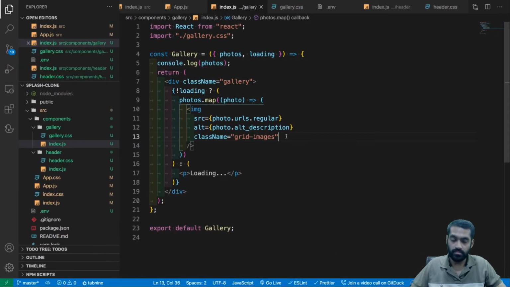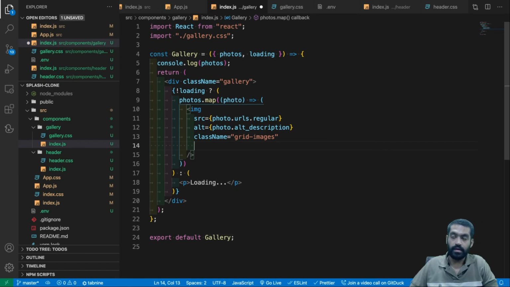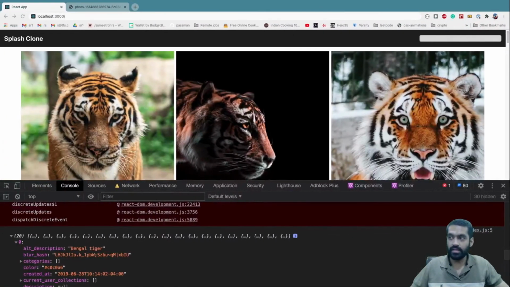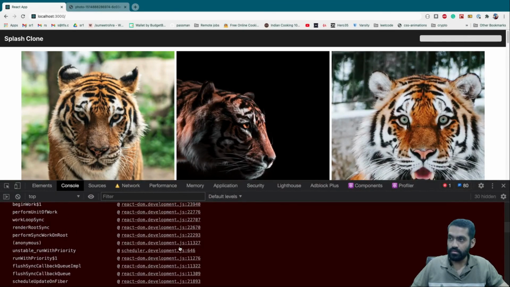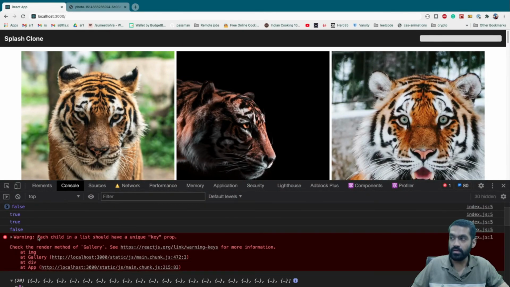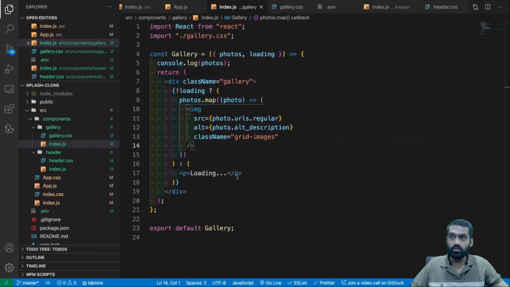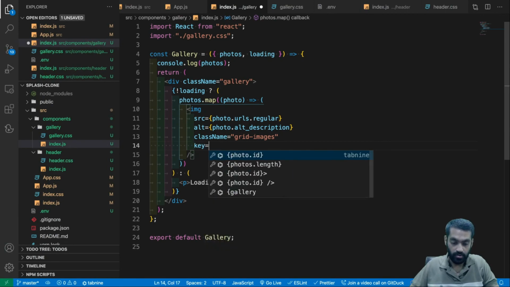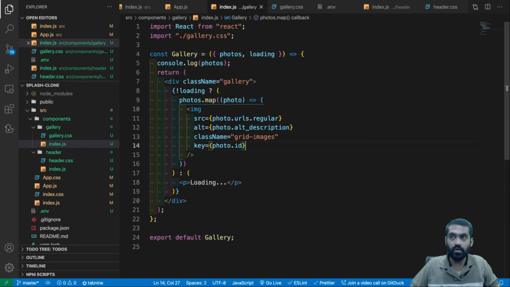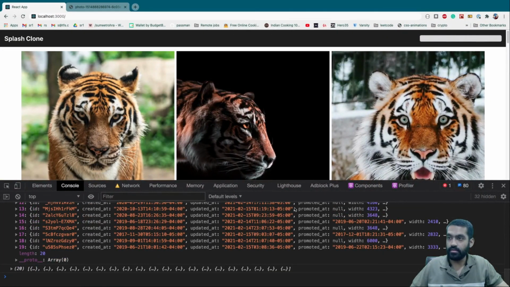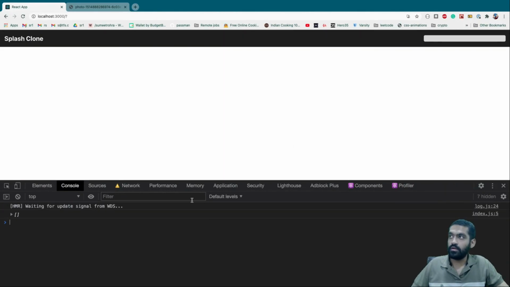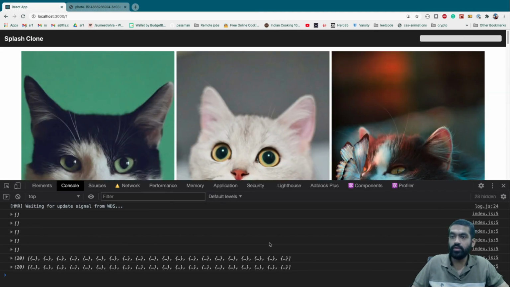What we can do is we can just come here and let's first read what the error is saying. It's not an error, first of all, but each child in a list should have a unique key prop. Okay, so basically it should have a key prop which should be unique. So for the photos, the photo.id, as we saw, is a unique ID, right? And let's see whether we have this. Let's reload. We do not have this warning because we don't have any photos. Let's do cat. Yeah, now we don't have any warning.